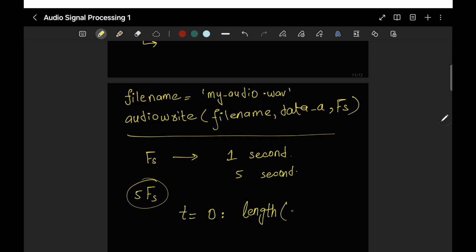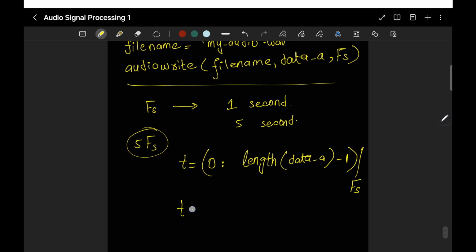It has this many samples, and because it is starting from 0, we have to subtract 1, and then we say that this is now divided by the samples fs, which are the samples in 1 second. So now this is what? This is actually an interval from 0 to 5 seconds. Okay, which makes complete sense because